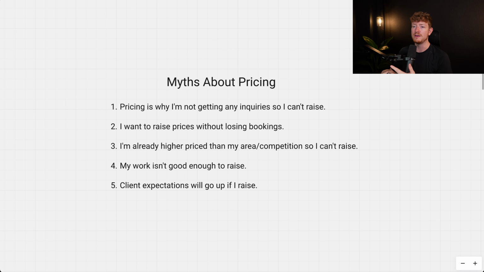But in general, as long as you have the skill of having a kind of bullshit detector, you can really see where those clients are, and you can decide upfront not to work with them. Hopefully, that's a skill that I can't teach, unfortunately. So those are the 5 myths about pricing.